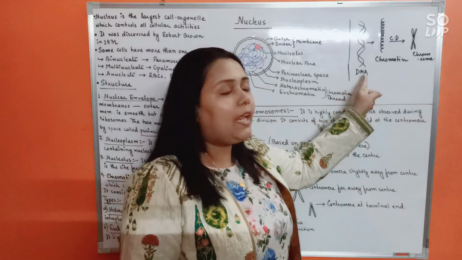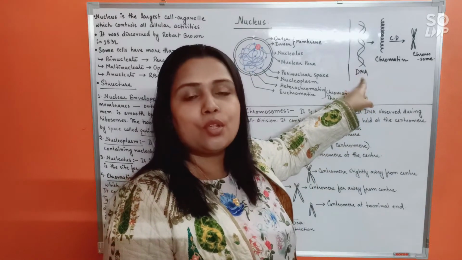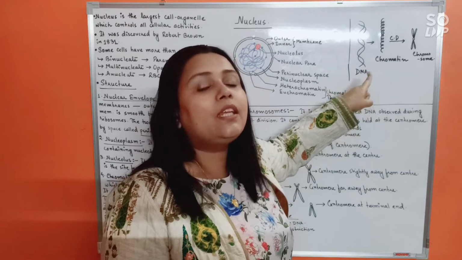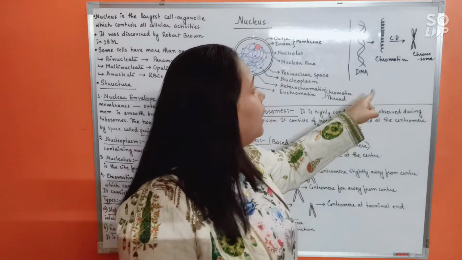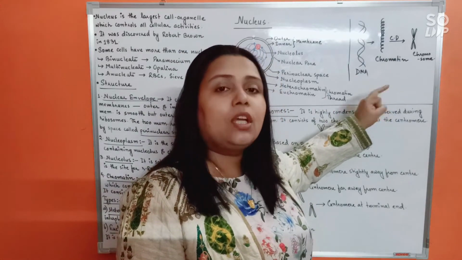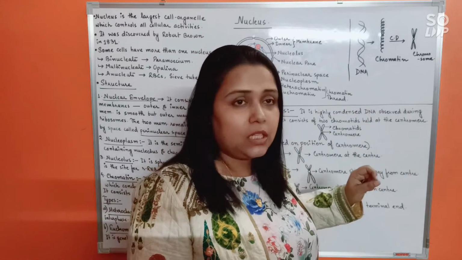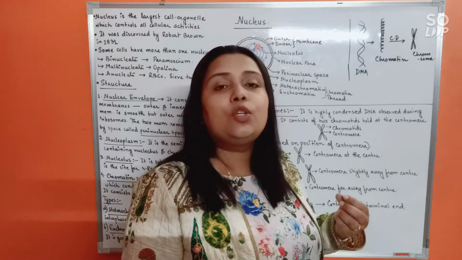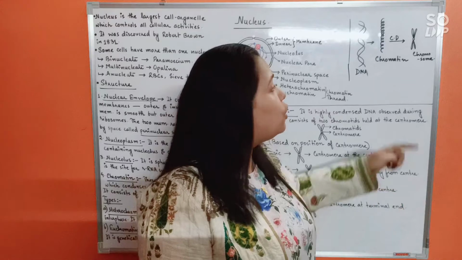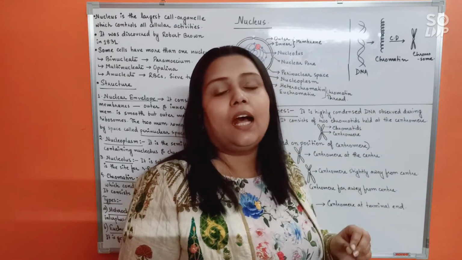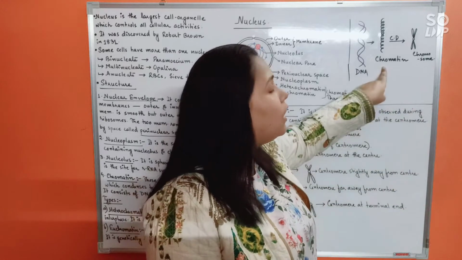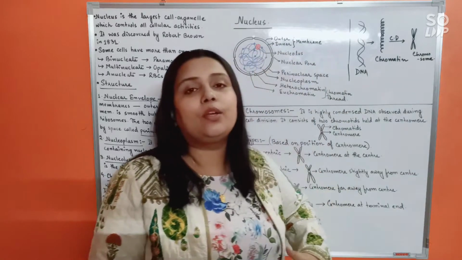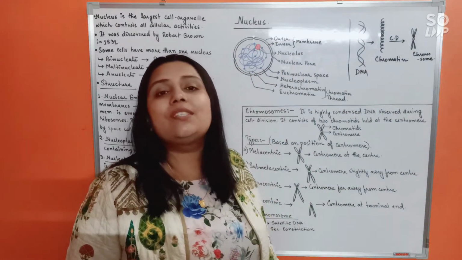Understood? DNA is a long thread-like structure having the codes to make proteins, but because it is so long, it has to be packaged first so that it can remain within the tiny nucleus. When the DNA starts getting packaged, it is packed using histone proteins, but it has to be loosely packed so that it can open up whenever required to give the codes for making proteins. This loosely packed DNA in an actively metabolizing cell is called chromatin. Now finally, when the cell decides to undergo cell division, all metabolic reactions cease.